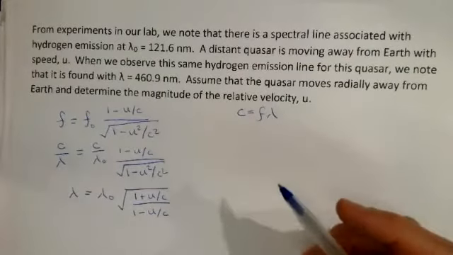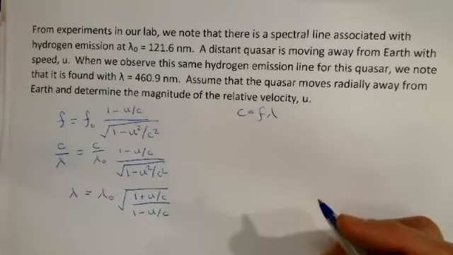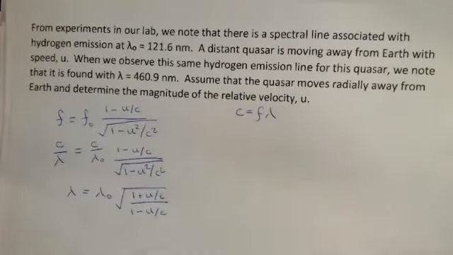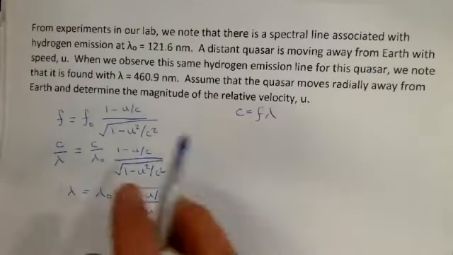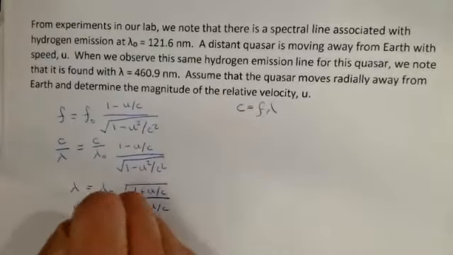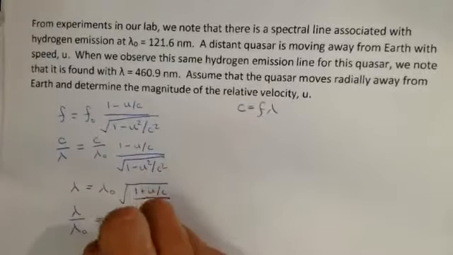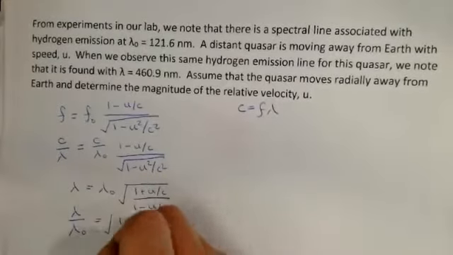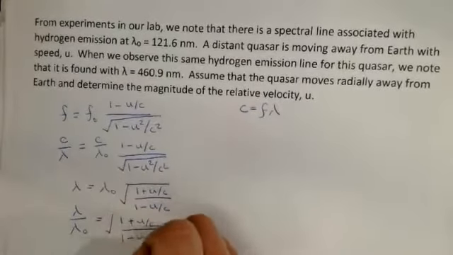So in that case, we could divide across, get lambda over lambda naught is 1 plus U over C over 1 minus U over C,